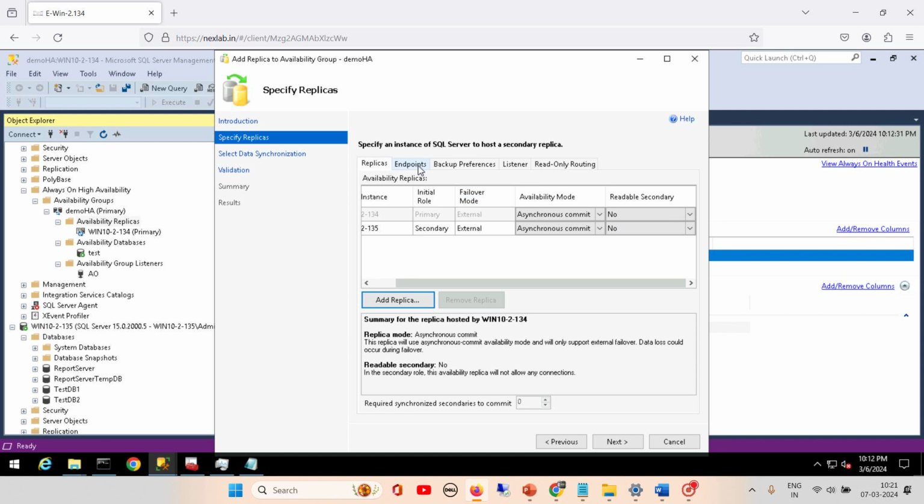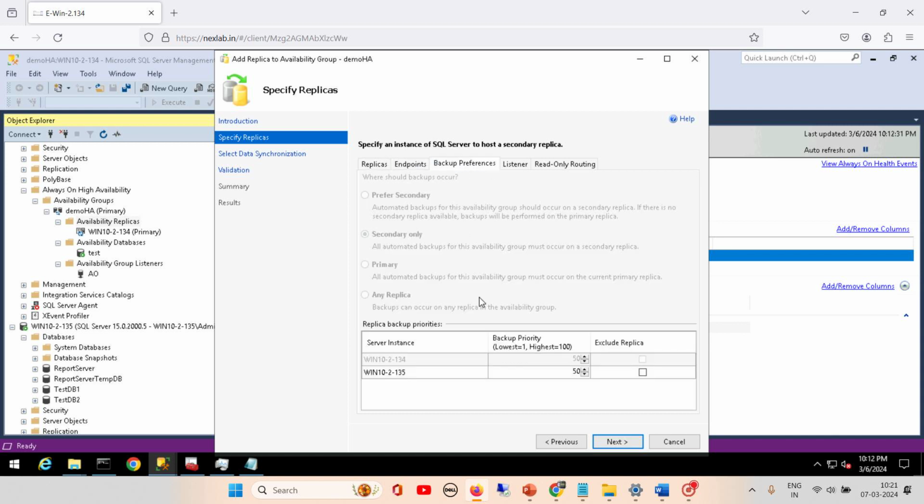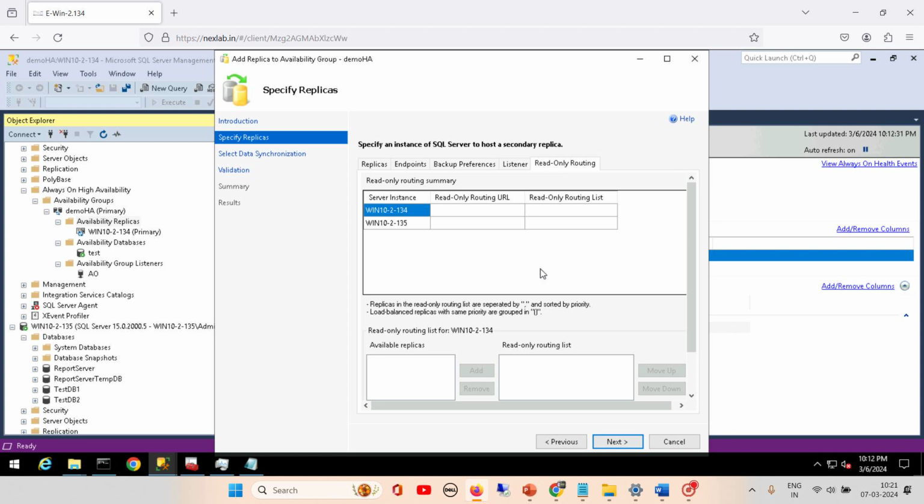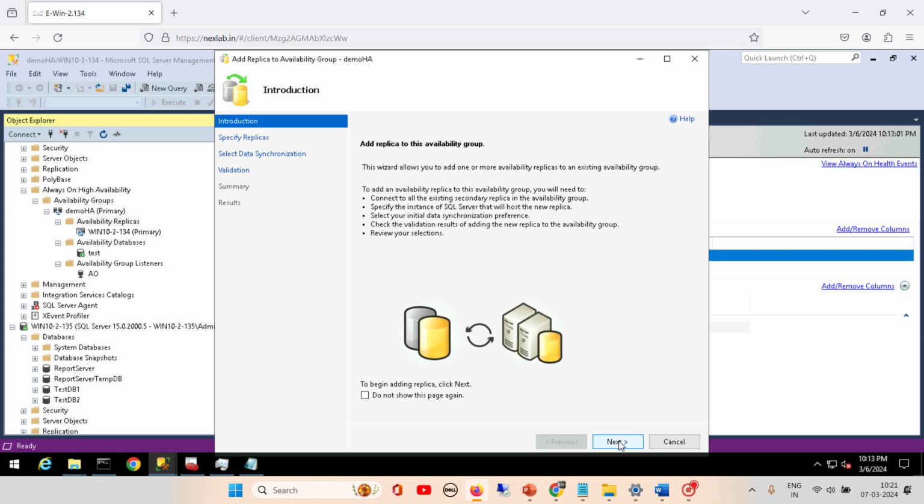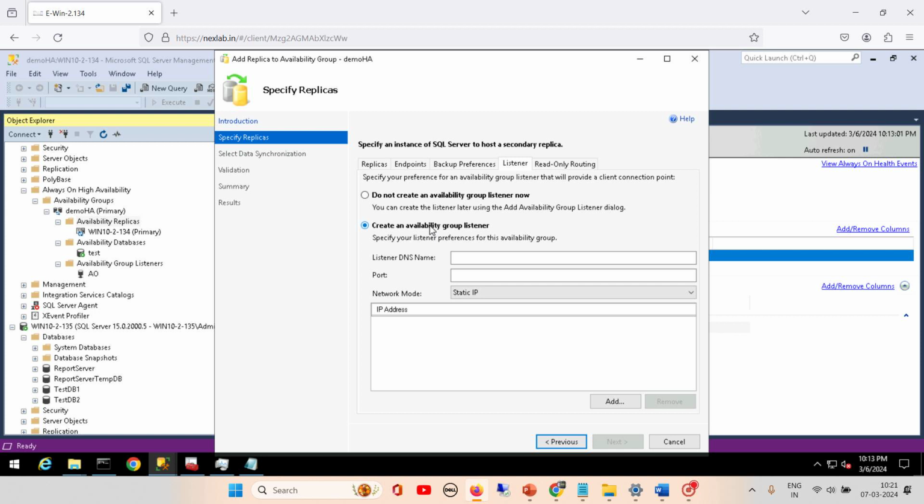okay, endpoint same, backup preference already set on secondary, listener already created, and rerouting not required yet, we'll do it from the backend later. Listener already got configured, why is it asking for another one? So let's type that listener name